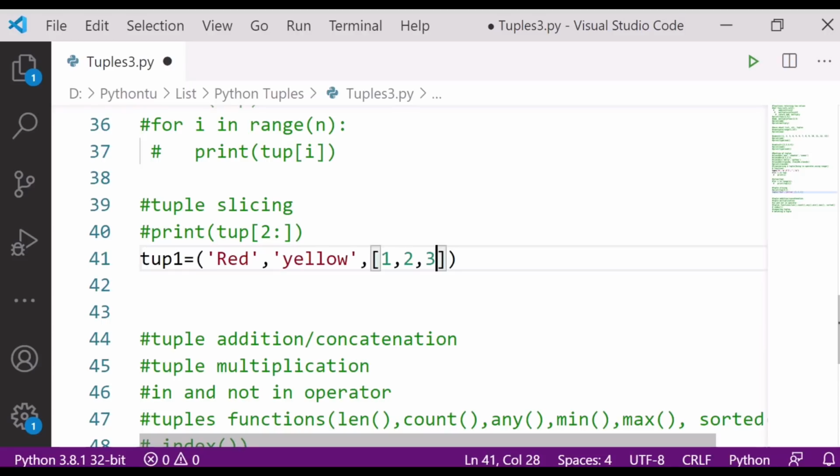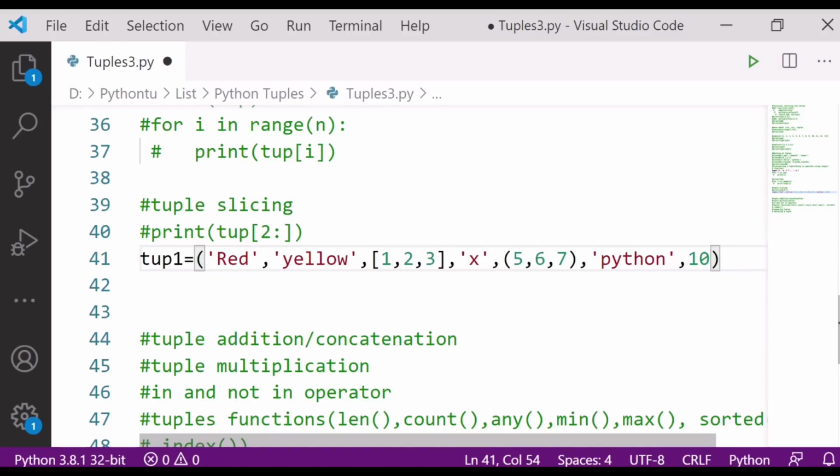Then again I have a mixed list, I'm creating the simply mixed one. Then I have x. Then again I have one tuple here, 5 6 7. Fine. After that I have one python. Then again I have one number. So this is my first tuple.